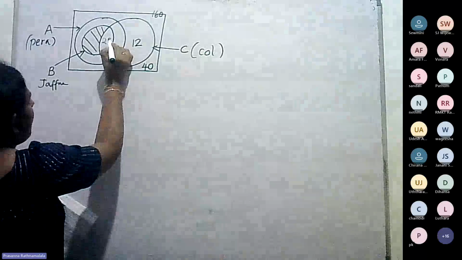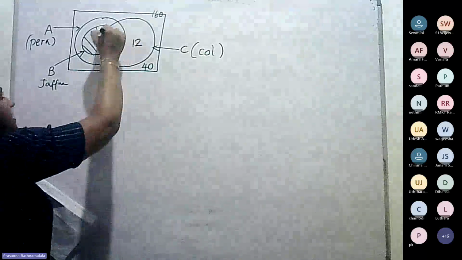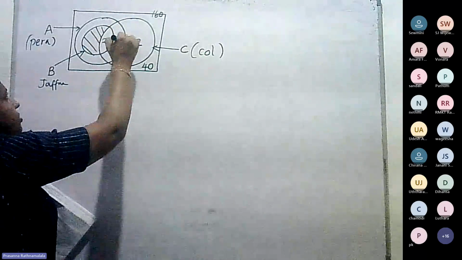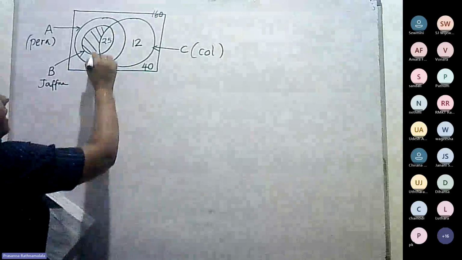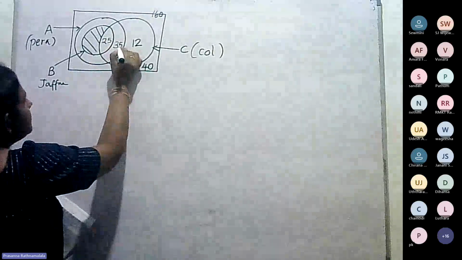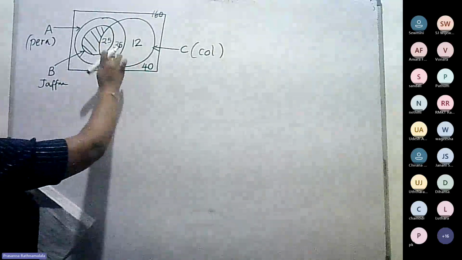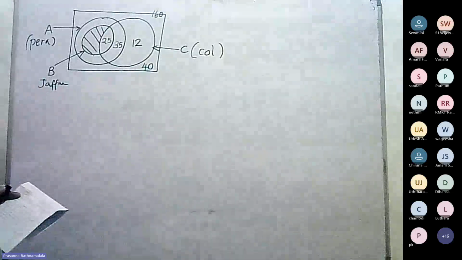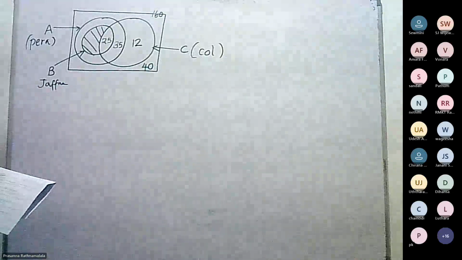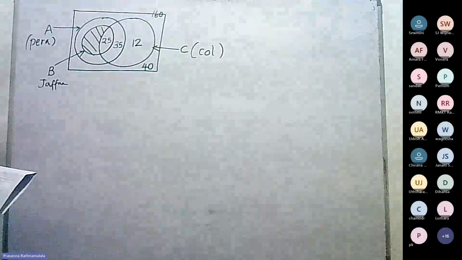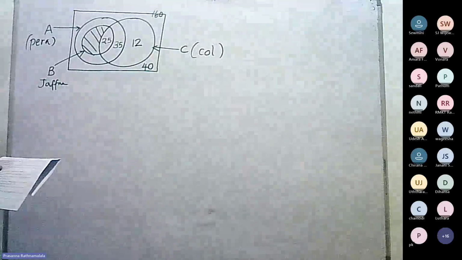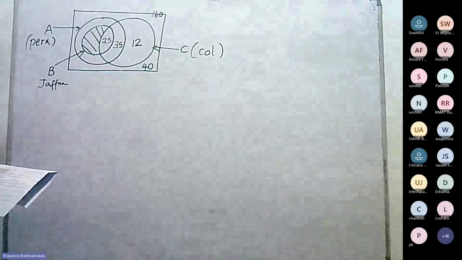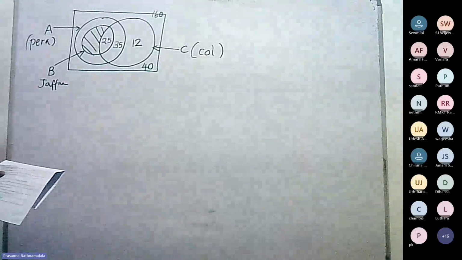That is 25. The sum of these 2 regions equals 60, and the remaining one is 35. Okay. Next, the number of students who applied only for Peradeniya medical faculty is 3 times the